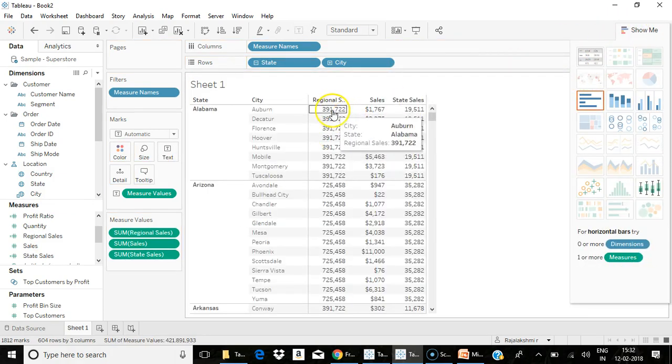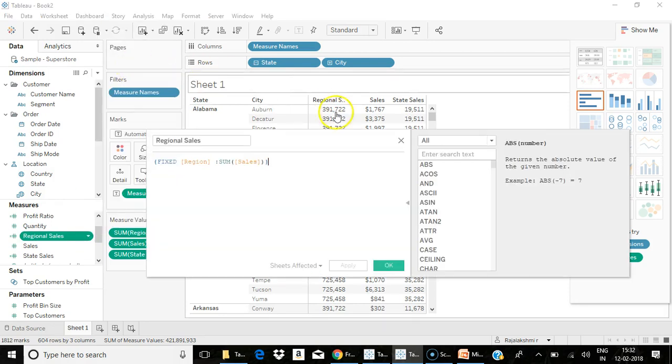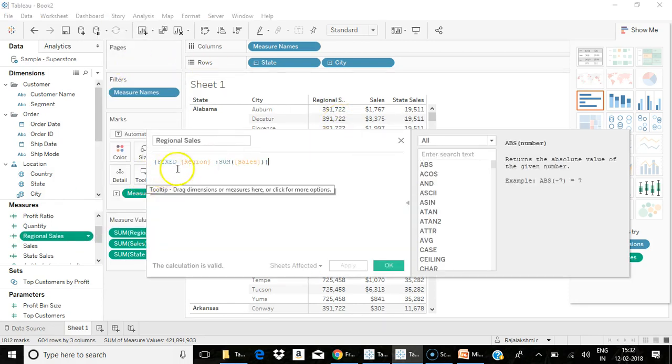This will give me the region-wise sales. Even though I have not included region in my view, since region was referred to as a specified dimension, it is computing the sales value across region.